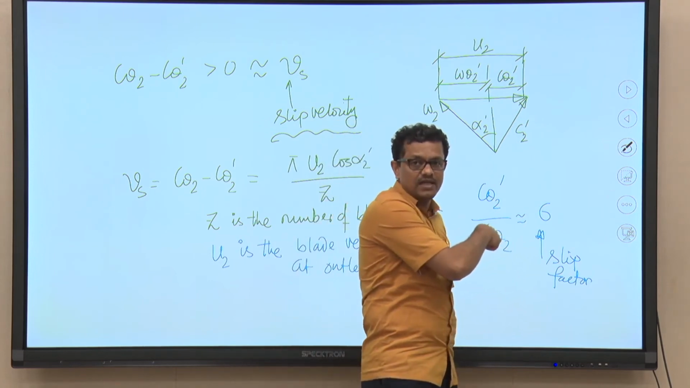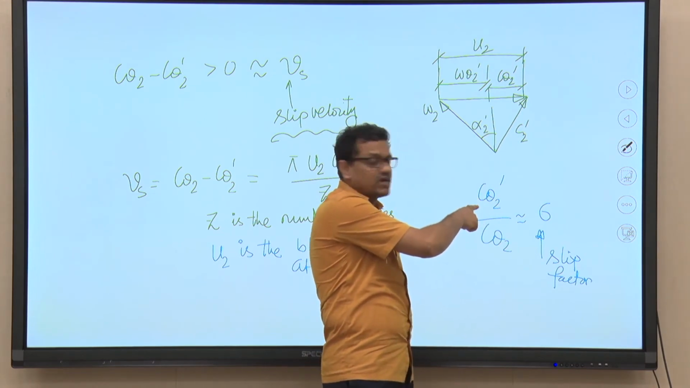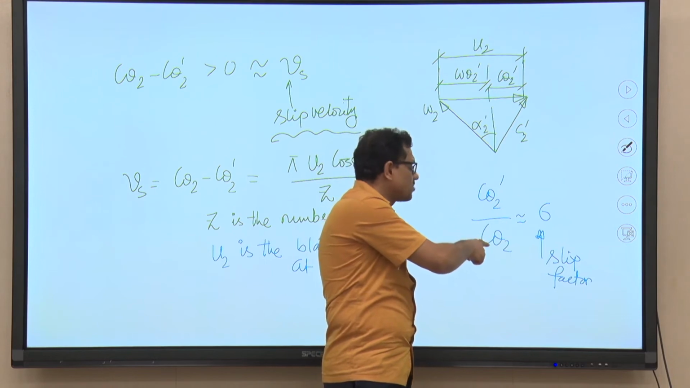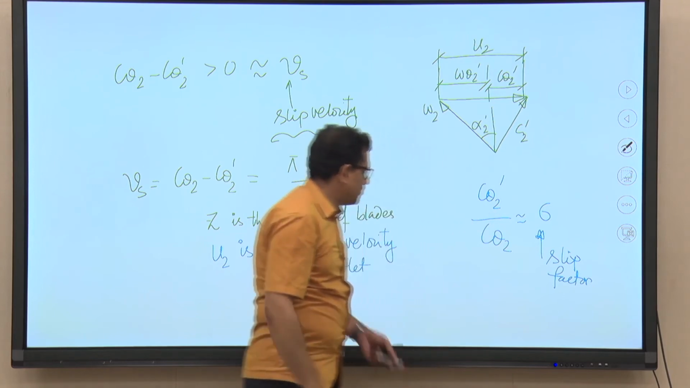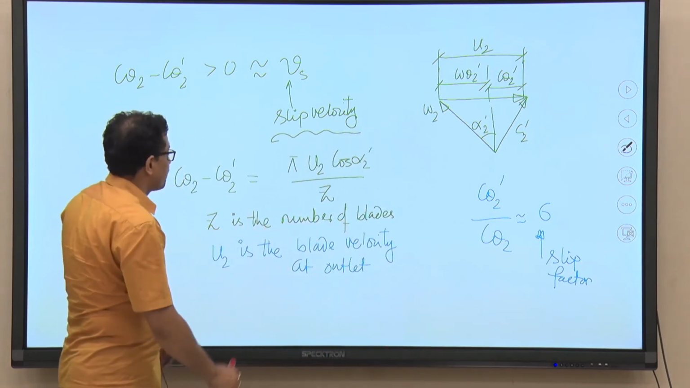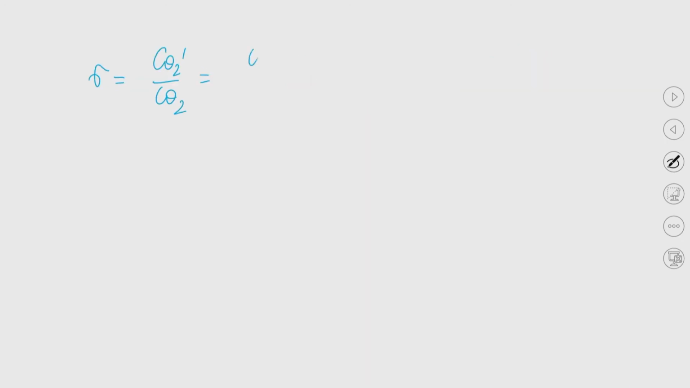Slip factor, again I repeat, is nothing but the ratio of the swirl component at the outlet when there is pump rotation to the swirl component at the outlet when there is no pump rotation, right. So, this is what is important. Now, for this particular case, sigma is equal to c theta 2 prime by c theta 2, right. So, what is c theta 2 prime? If we use this equation, c theta 2 prime is nothing but c theta 2 minus Vs. So, I can write this as c theta 2 minus Vs by c theta 2,